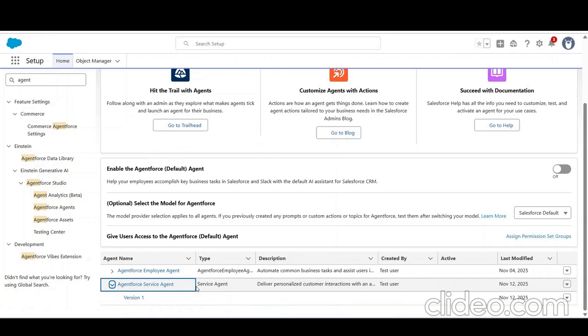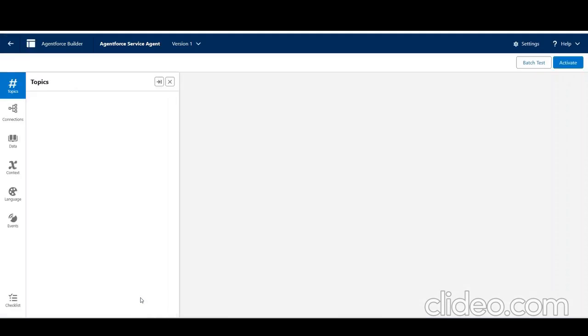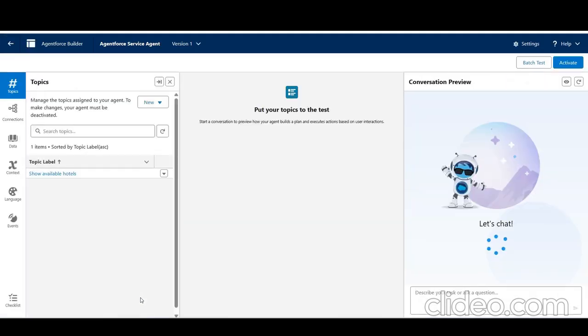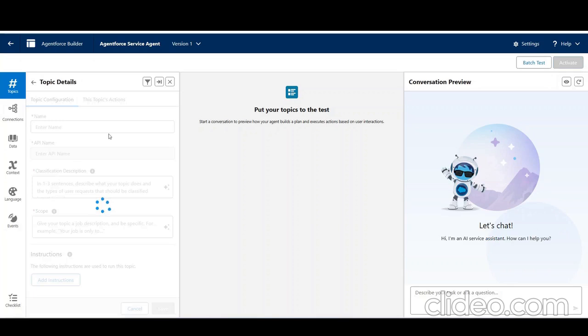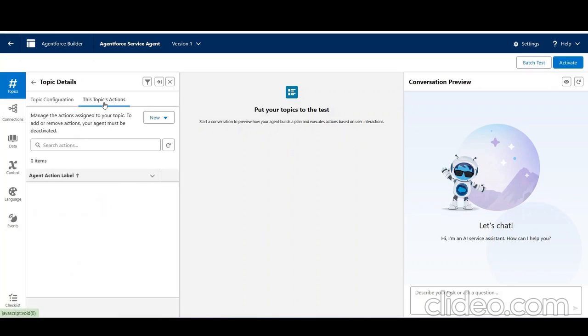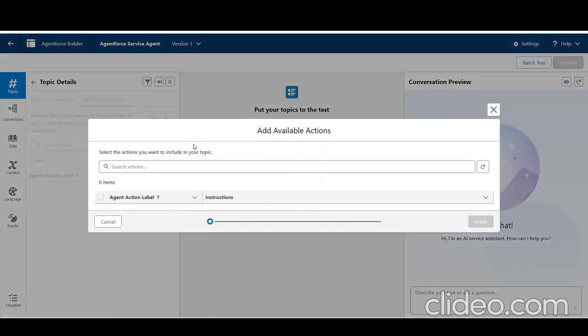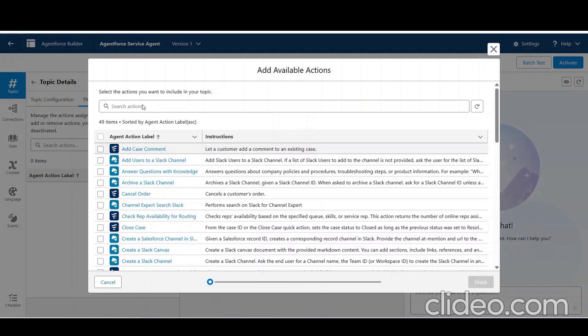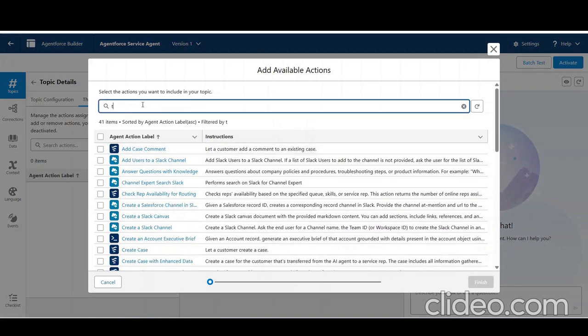And I have also explained what the Apex class is doing, so you can simply review that video. I have also created this topic, and you can check it out in that video. If I click on this topic, I have to add the action that we have created. So we'll go to the set library and now we will add the same action